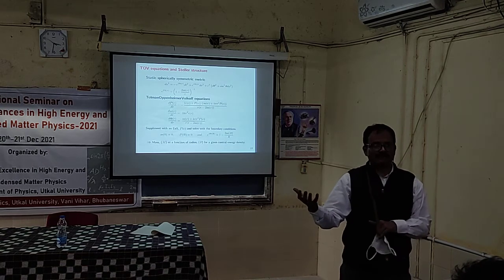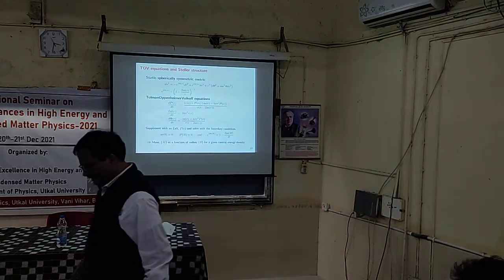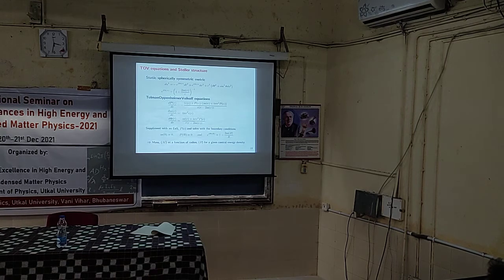So once the equation of state is there, you try to solve for the mass and radius of the neutron star. This was done a long time back by Tolman, Oppenheimer and Volkoff. The basic physics idea is that you have a lump of matter, you are trying to compress it, and the fermions repel. And this repulsion is opposed by the gravitational attraction. So there will be an equilibrium position, and that will define the star. This is essentially the physics of it.